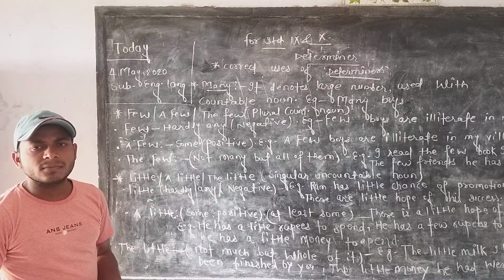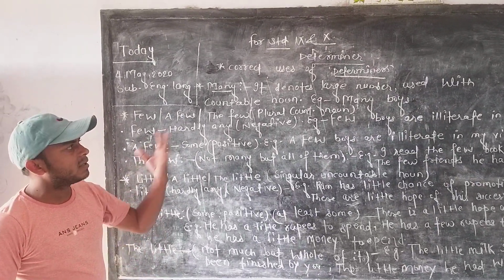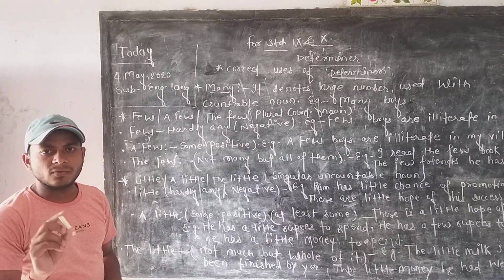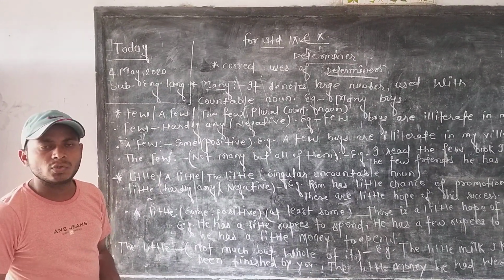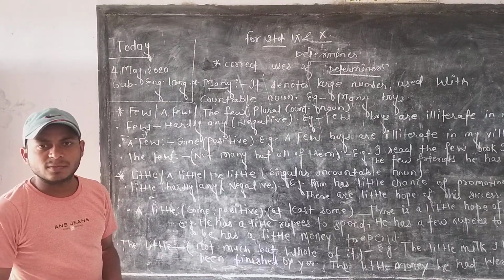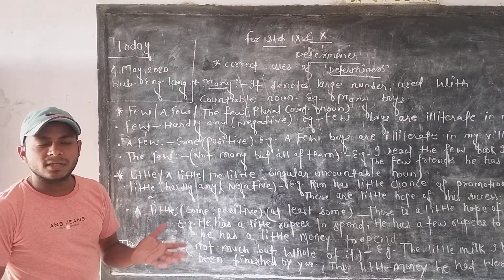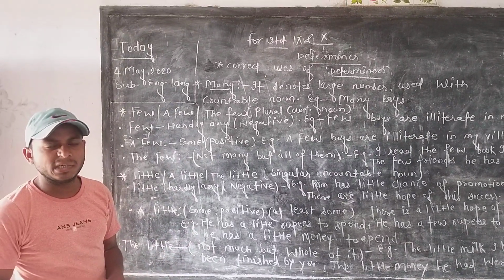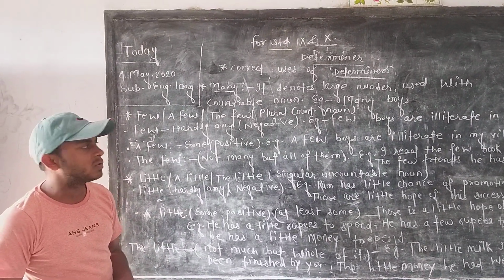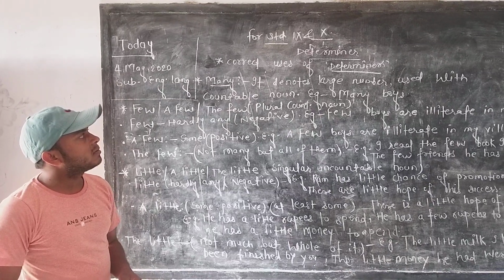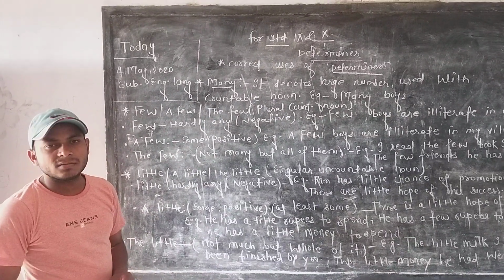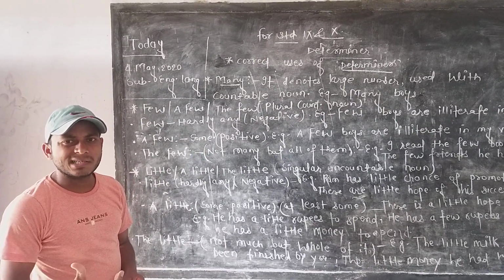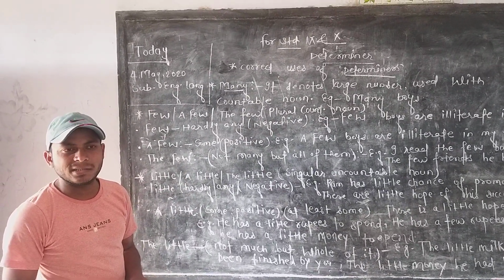And here I tell you one thing regarding determiners. A determiner is a word that is used before nouns to determine their meaning. In our previous classes, I told you about the uses of some determiners. And here I want to tell you, my dear students, that you are students of class 9 to 10. So in class 9, 10, and 11,